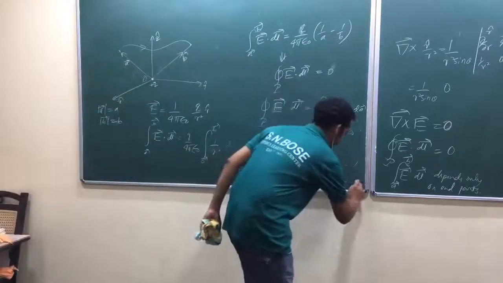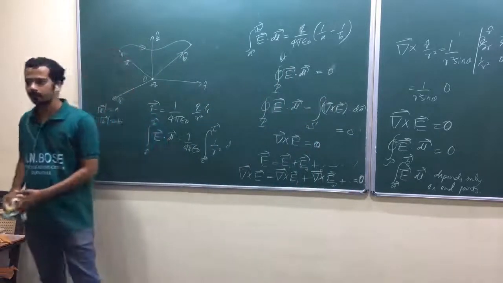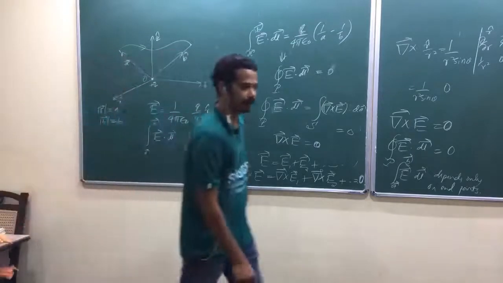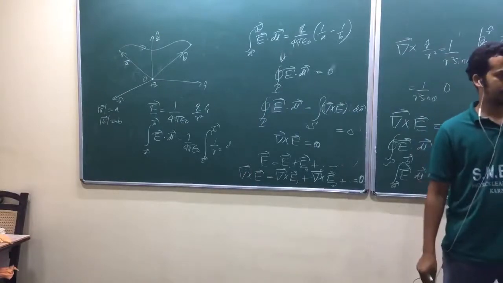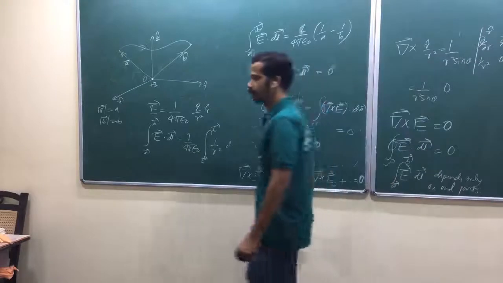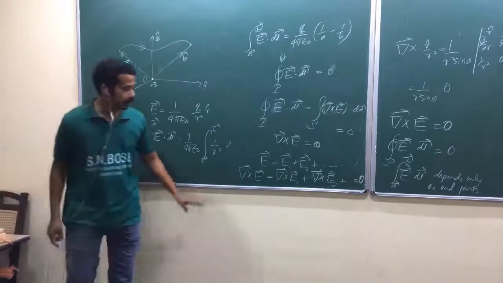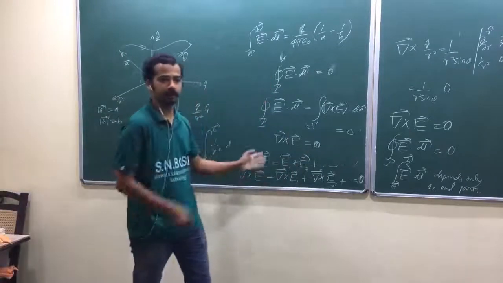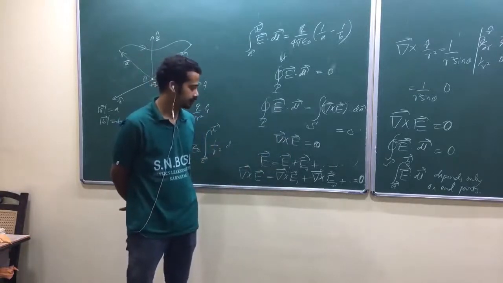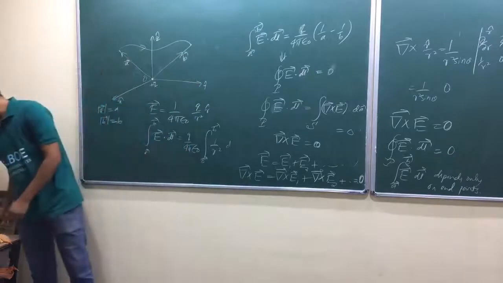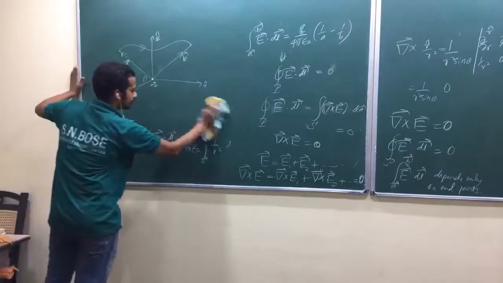So equate the 2 to 0. Is that okay? So that's why, if you have a collection of point charges or collection of charges or any charge distribution, the curl of the net electric field is equal to 0. Remember, this curl is also a kind of linear operator. Okay, when you take the curl of A plus B, you can write the curl of A plus the curl of B like that. Okay, it's a kind of linear operator. Now, I was talking only about the electric field here and its line integral.